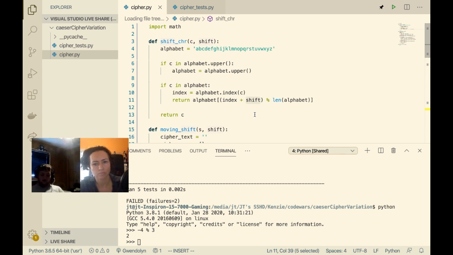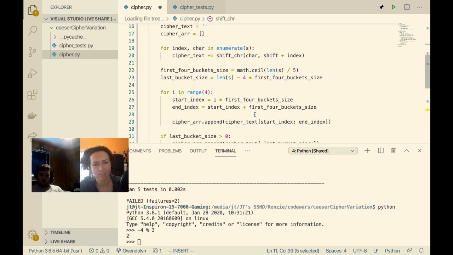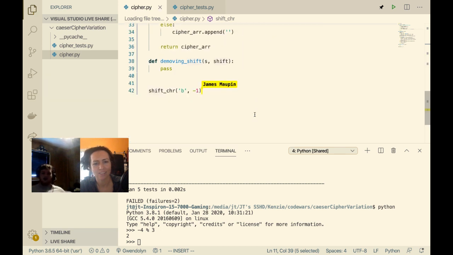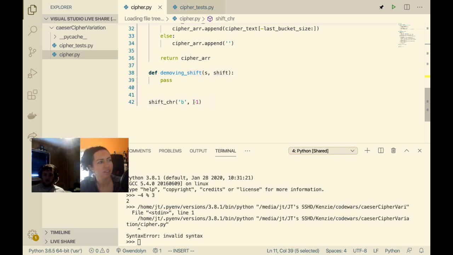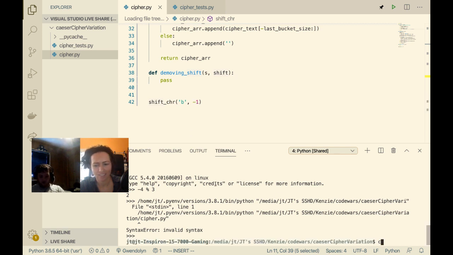All right, now I'm really curious because we can just try this here, right? We do b and then -1. Oh, you're down here. Okay. Yeah, I'm sorry. I'm just here in the code. All right, so if we just do lowercase b and then shift it by -1, we should get lowercase a. Oh wait, I'm still in the replit.